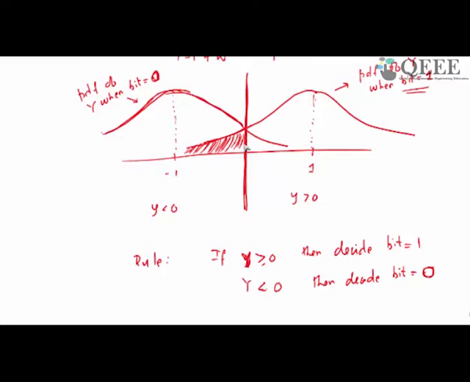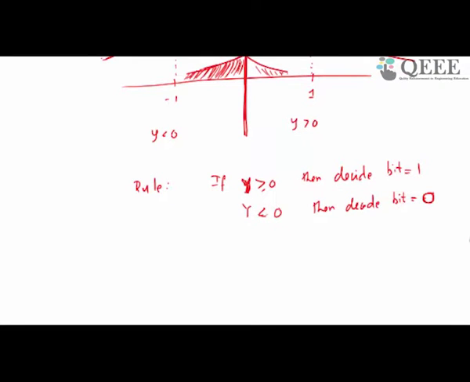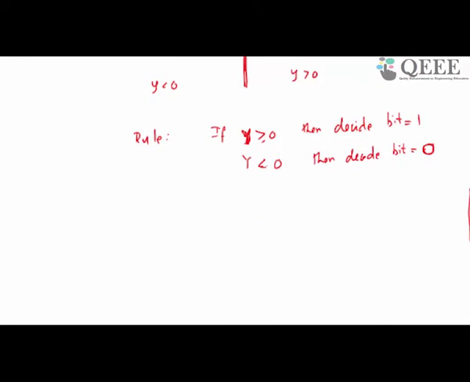So similarly, when you send bit equal to 0, there is a chance that the observation y is positive because there is also this region. So when you send bit equal to 0, you might end up with a positive value for your observation because noise might take you to the positive side, right? So there is always the chance of error, but you can compute that error by integrating this PDF and so on, right? So typically you can get the noise power, so signal to noise ratio, right?